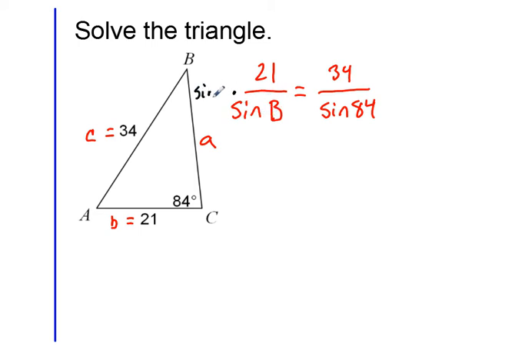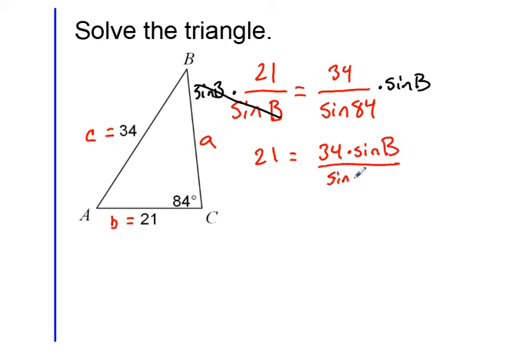And that is the sine of angle B. So this removes it from the bottom, and now it's over here on the top. Let's rewrite our problem. 21 is now equal to 34 times the sine of angle B over the sine of